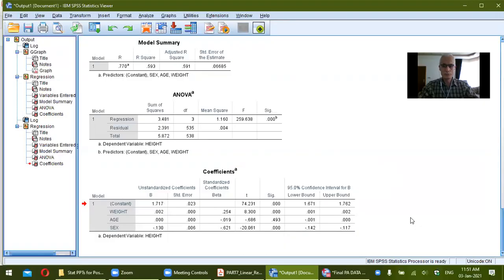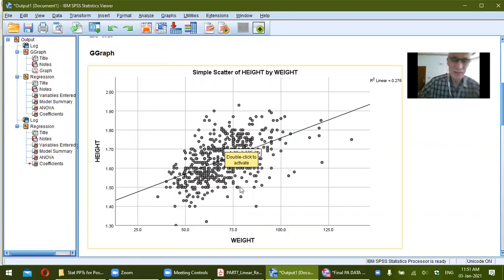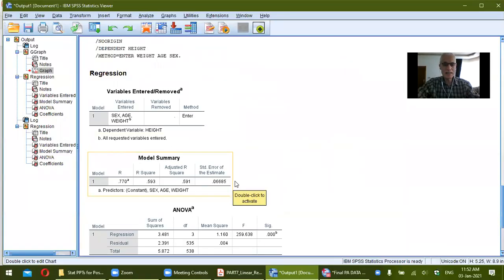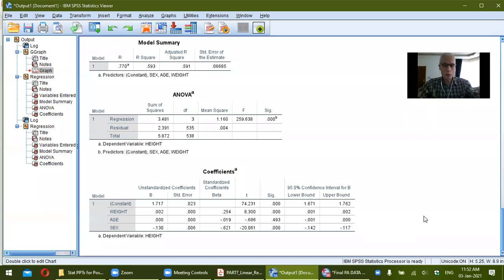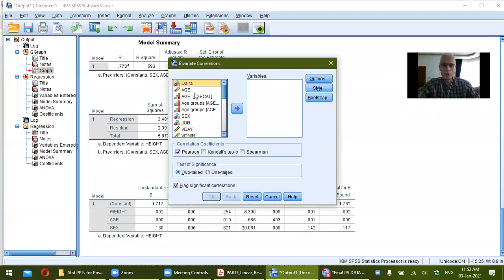Doctor, one question: can we make a diagram for the multiple linear regression? It will be complicated. For simple regression, which is one variable with one other variable, it's okay. But for this, I think it will be complicated. You can make a correlation matrix for weight, age and height, but for sex you cannot. I can make height and weight, age,